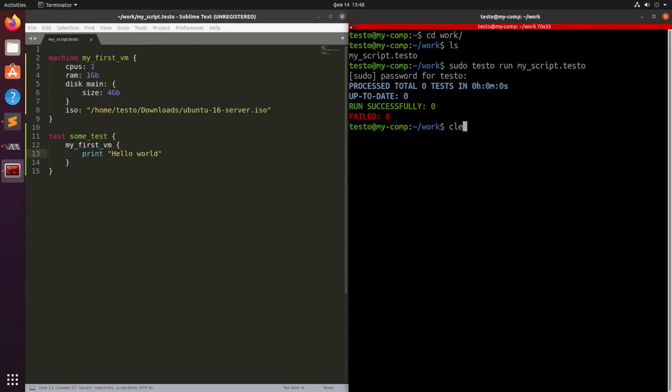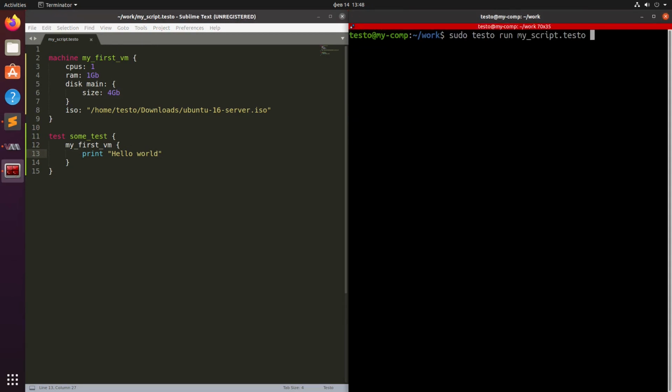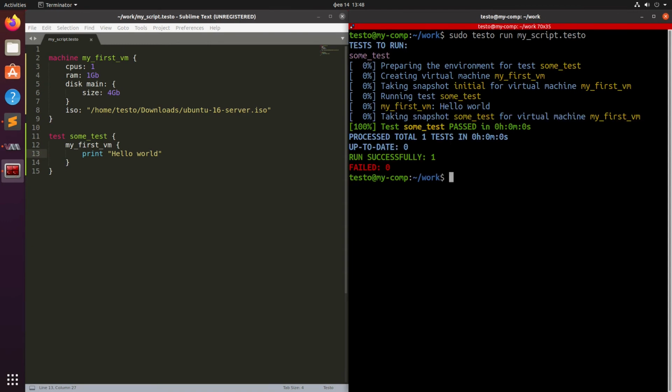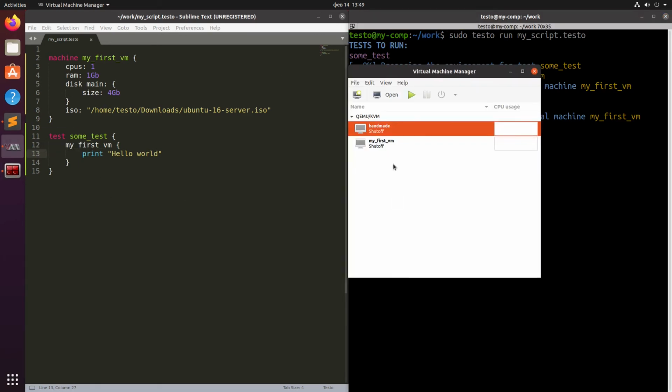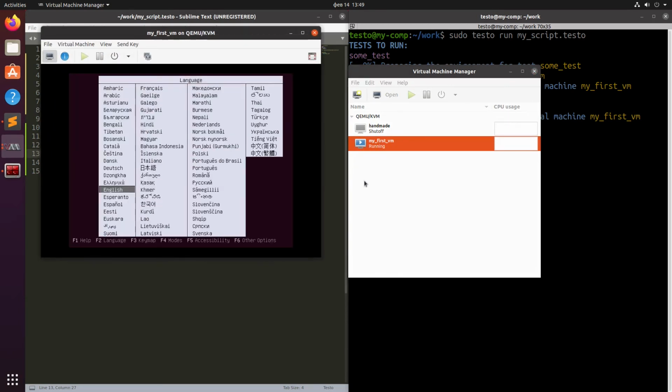Run the script again, and this time we'll see a test and that it has been run successfully. The virtual machine has been also created. We can see that by taking a look at the Virtual Manager control panel. If we power on the machine, we'll see the Ubuntu server installation being started from the installation image we've specified in the declaration. We can go to the settings menu and make sure that the ISO image was actually mounted